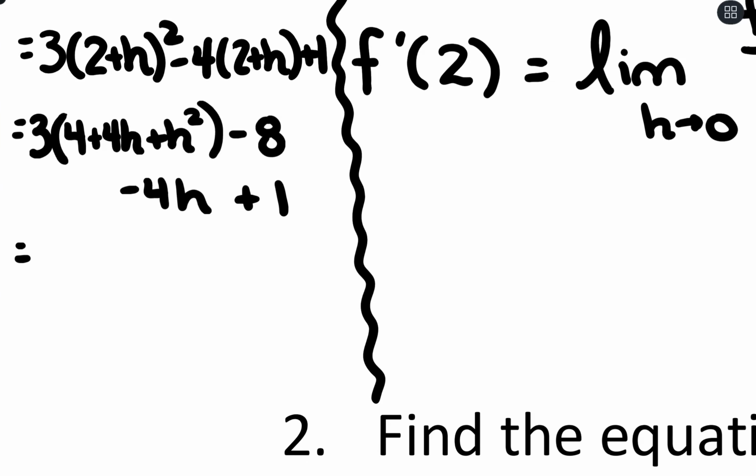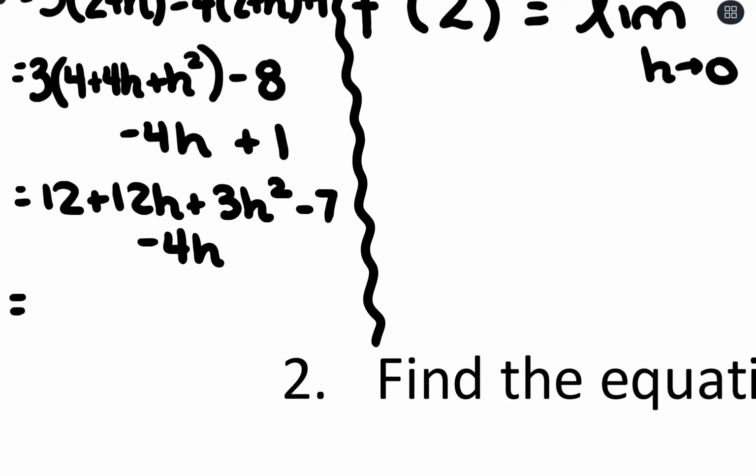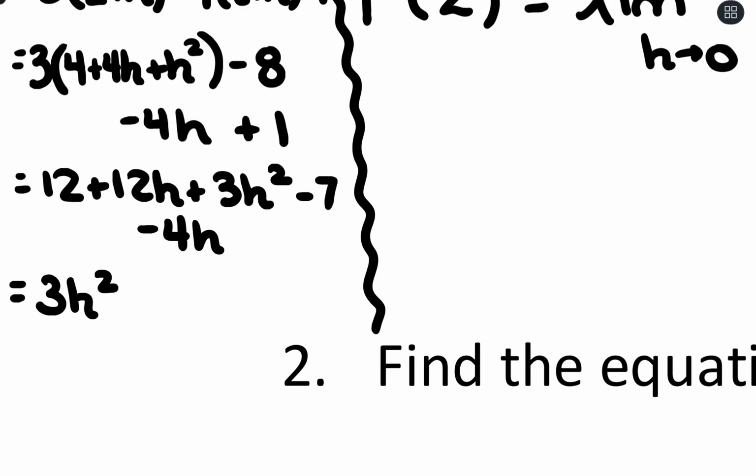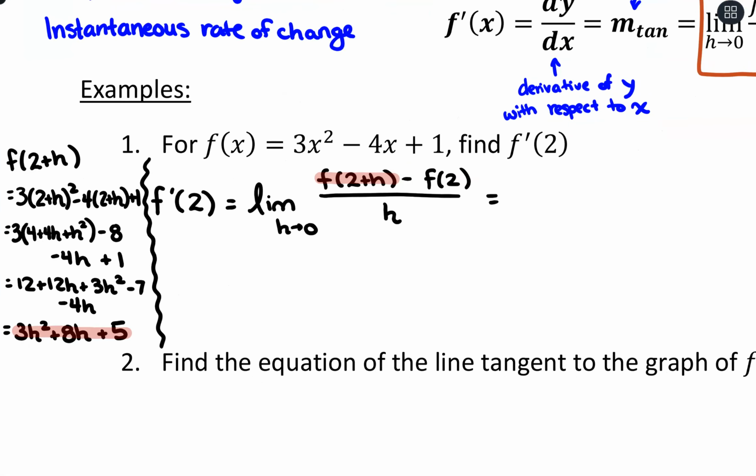All right, distribute that 3 through, so 12 plus 12h plus 3h squared. Negative 8 plus 1 is negative 7, and then we have a minus 4h, and all of that simplifies down to 3h squared, 12h minus 4h is plus 8h, and then 12 minus 7 for a plus 5. And I'm going to take what we just found and replace f of 2 plus h with that expression. So we're looking at the limit as h approaches 0 of 3h squared plus 8h plus 5